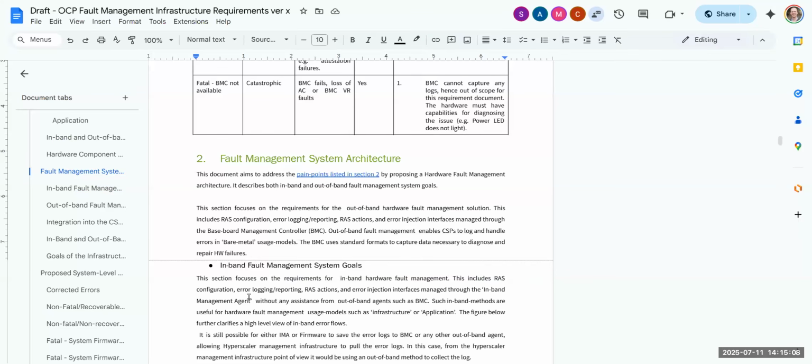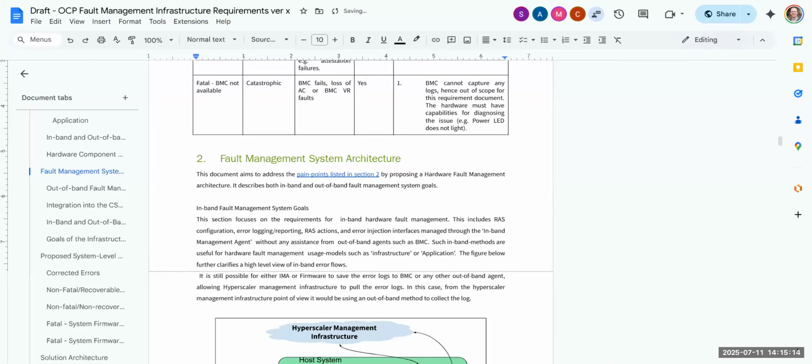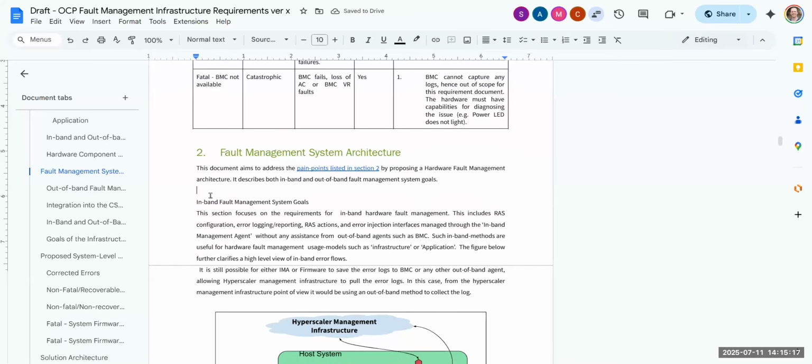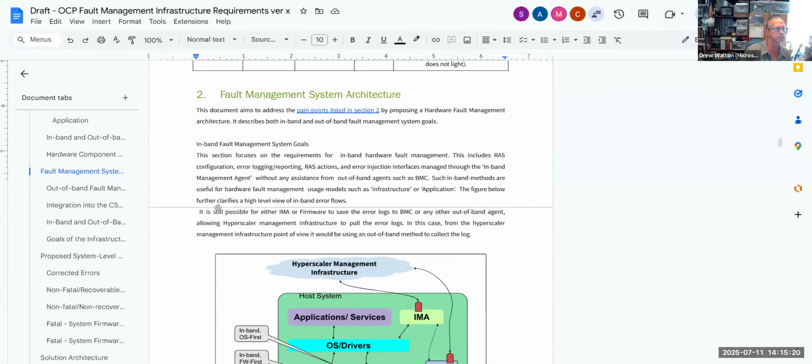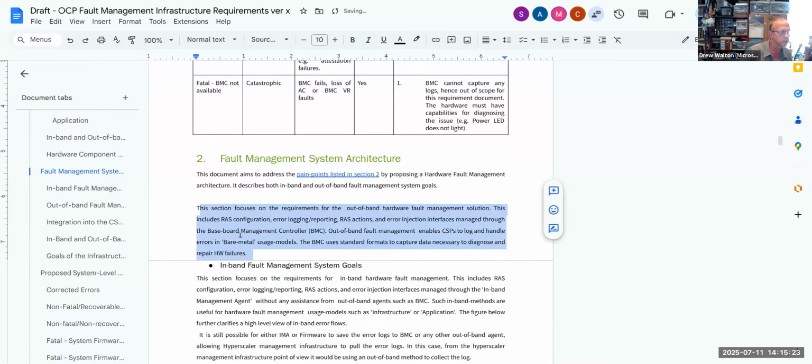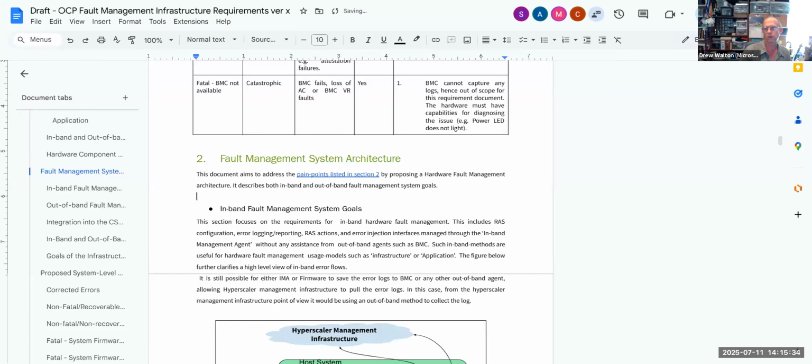And one question, Anil, like you mentioned, without any out-of-band agents, right? What do you do with the fatal errors? Well, we said they could coexist. So the in-band and out-of-band methods can coexist. You might be mainly in-band, but you might be out-of-band for fatal errors. We're not telling people they can't use both. And we are also not saying that you should use only one. Exactly. You might use only one, or you might use two, whatever. But you've got to figure it out.